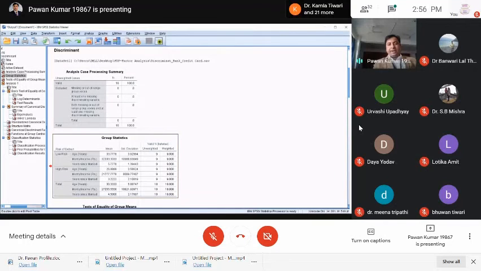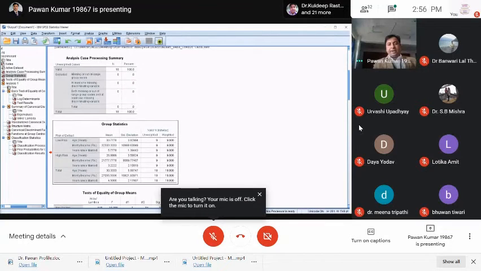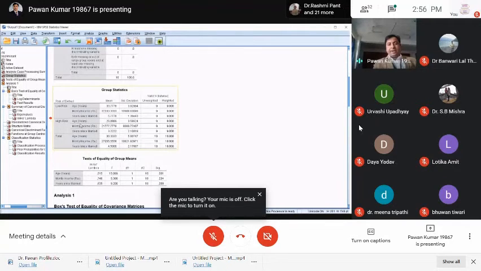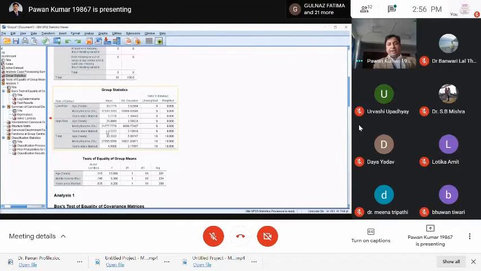The next table is the Group Statistics. In the group statistics, we can know the mean and standard deviation of each category, low risk and high risk. Within low risk, what is the mean average of age? What is the mean average of monthly income? What is the mean average of year since marriage? What is the mean average of age in the high risk category? Of monthly income in the high risk? And of year since married in the high risk? Similarly, we will get the standard deviation. Once this table is clear to you, we move on.